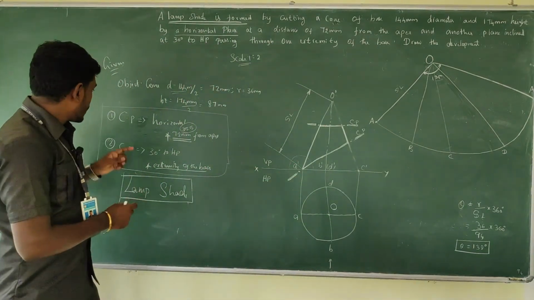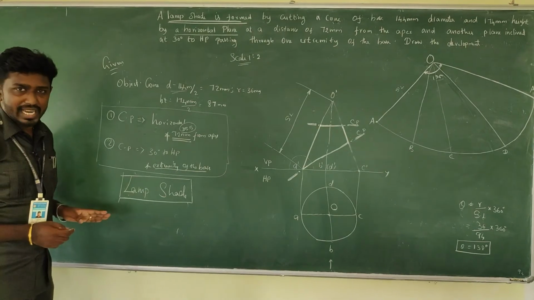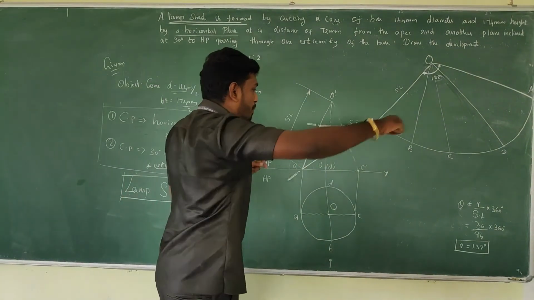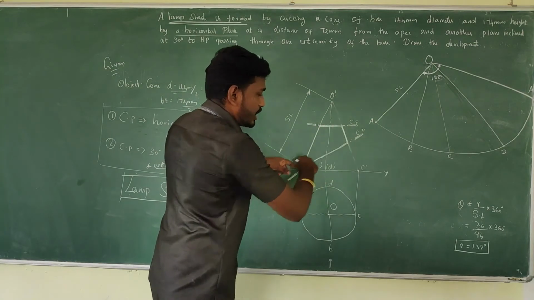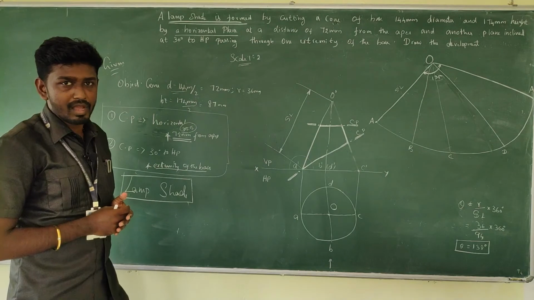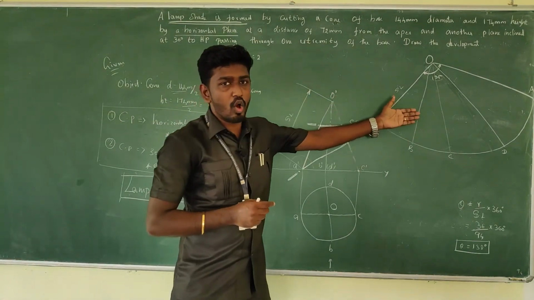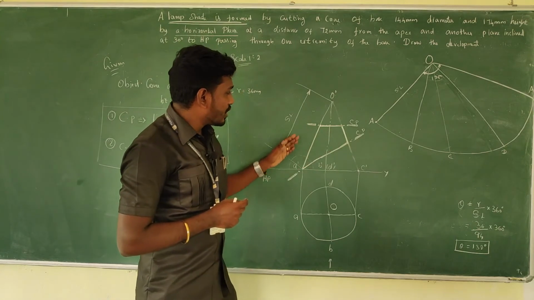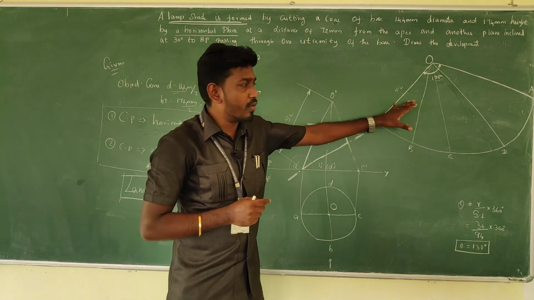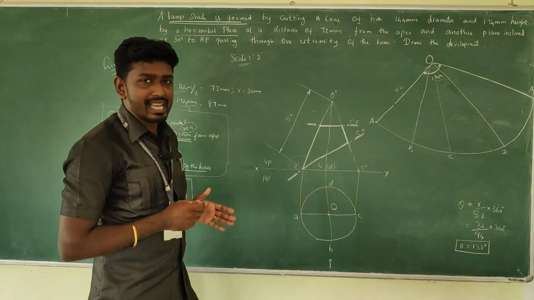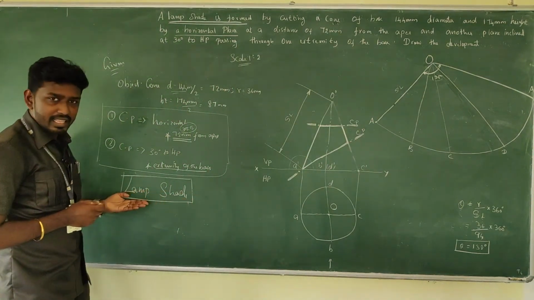So now, what is our task? The lampshade. Am I right? If you cut at the left extreme and if you open the region, what we can see is the lampshade. Already we have the lateral surface of the entire cone. Am I right? So by transferring the cutting points over the lateral surface, we can get the edge, the demand which was asked in the question.